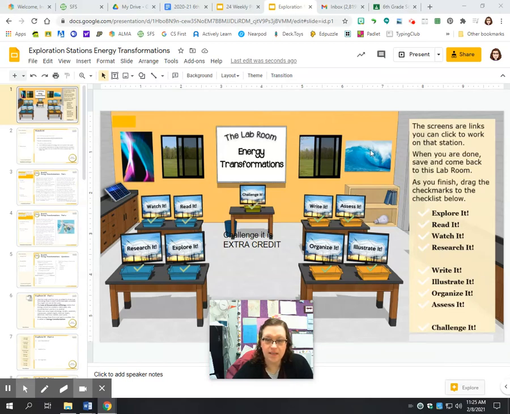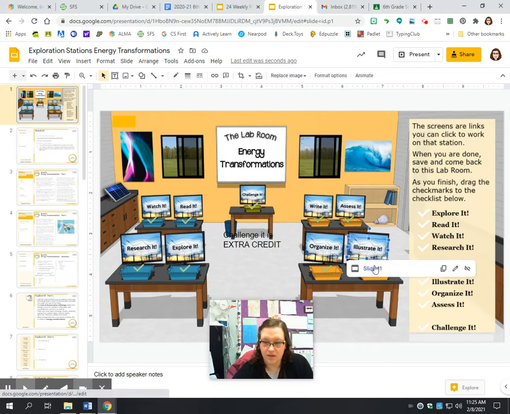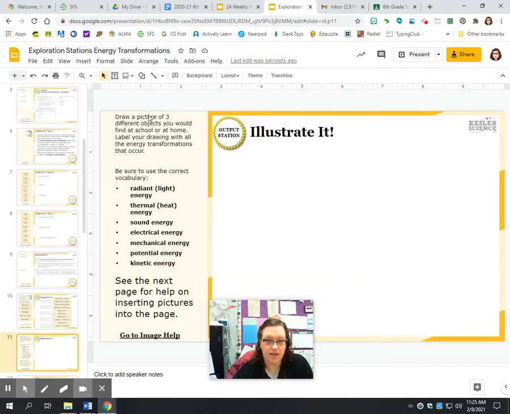Hello, this is a short video to help you with the illustrated step of our energy transformation virtual lab. So when you click on the illustrated screen, it will take you to slide 11 and it asks you to draw a picture of 3 different objects that you find in your house and then explain all the different energy